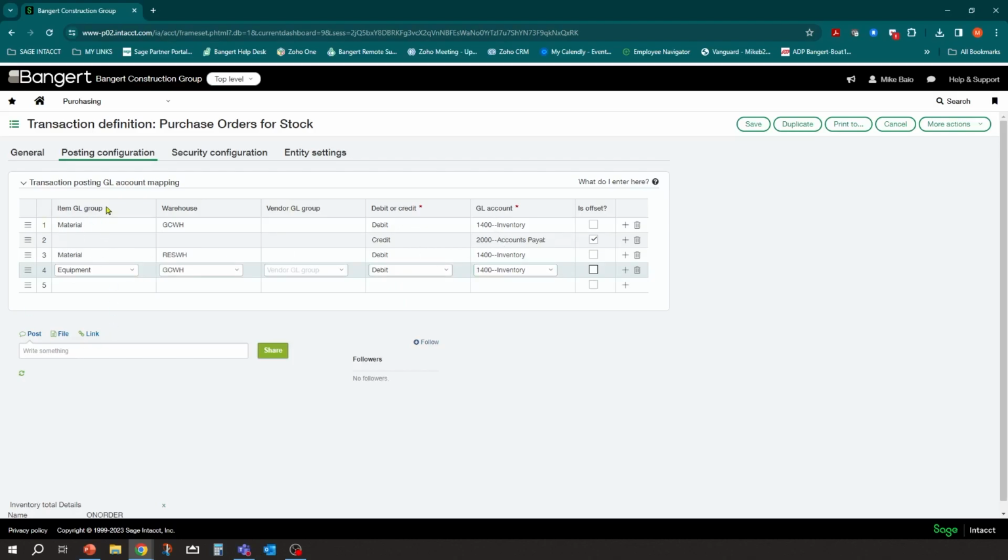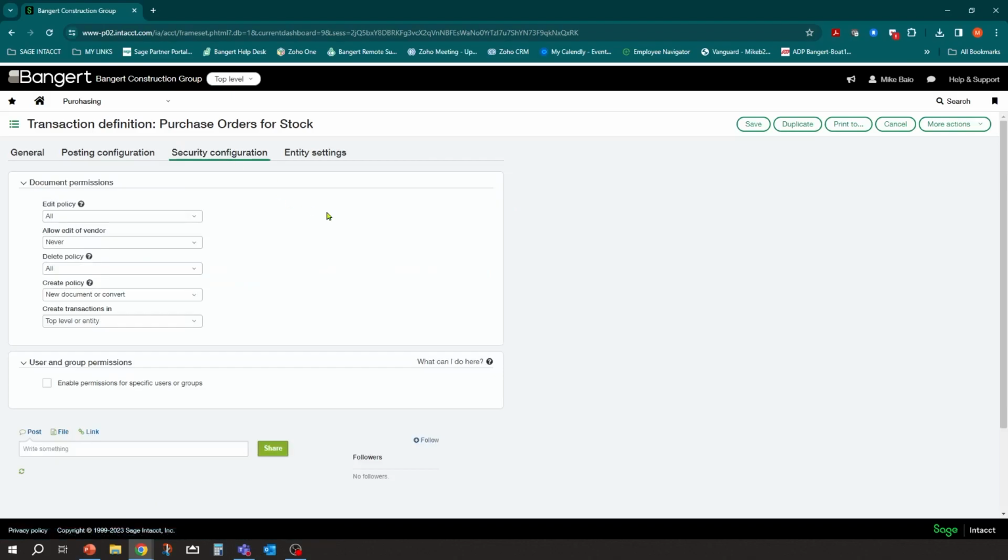And again, this is no different than anything in class 4 and anything for transaction definitions, regardless inventory or not. So let's leave it at that, set that up like that. And then you just keep going for as many scenarios as you need to set up. Security will be the same as anything in the system. If you only want certain people to be able to enter into that, you can establish security for it.